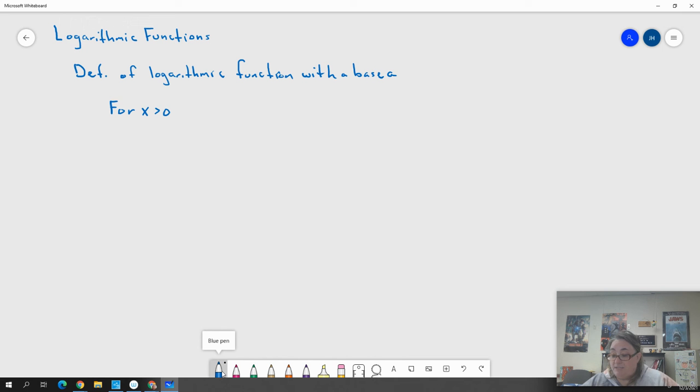That's what that means. Our x has to be greater than 0, and a not equal to 1. We're going to say that y equals log base a of x. That's how you would say this. Log base a, this sits a little bit lower, of x